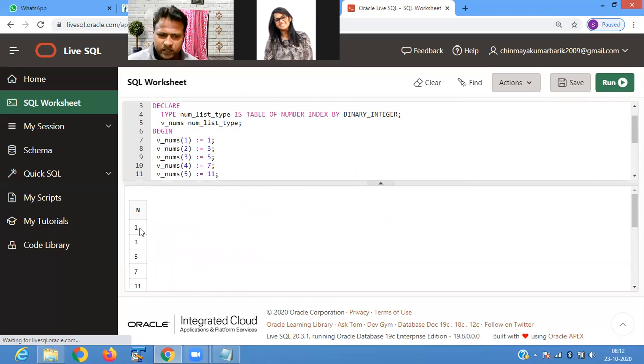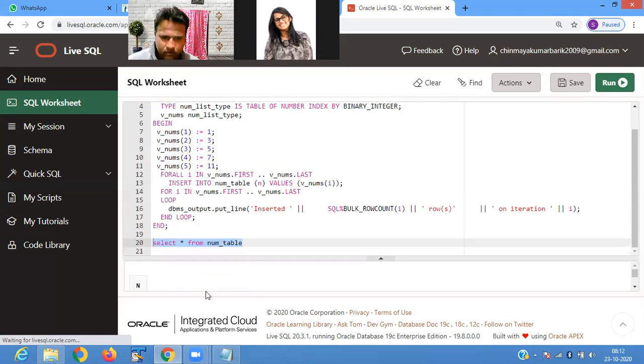So it is inserted 1, 3, 5, 7, 11. Since it was executed 2 times, it is showing you double, but it inserted these 5 records.